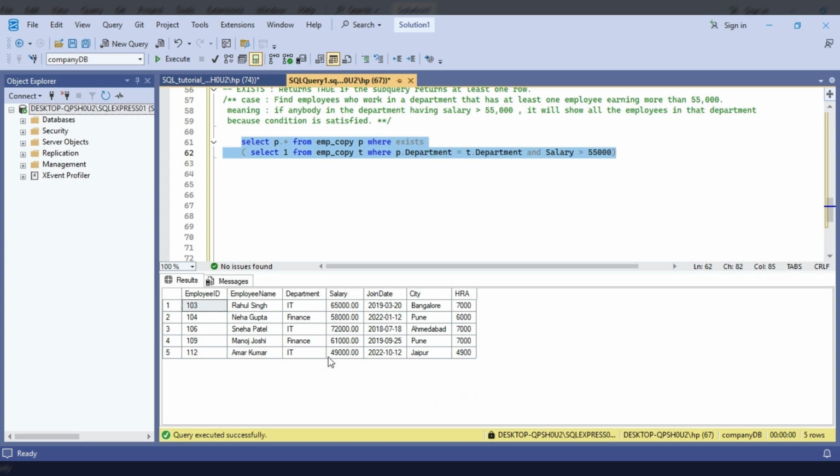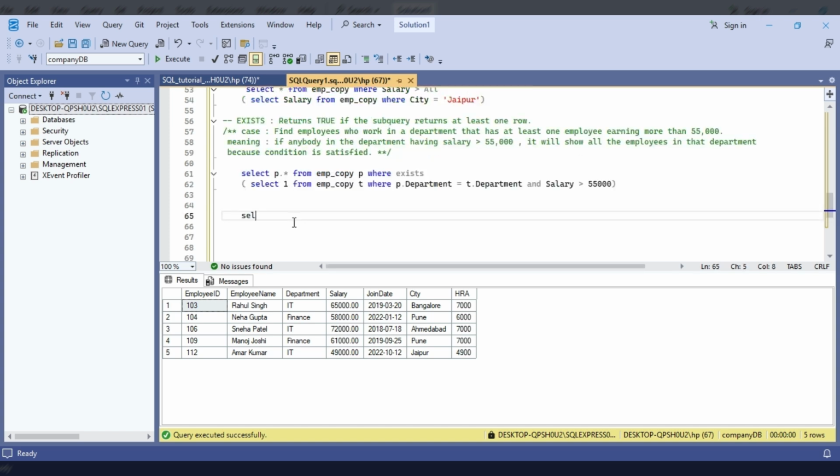So it is giving all the names in that department, because IT has salaries 49,000, 72,000 and 65,000. The condition is true for this one and this one. As the condition is true, it will give all the members of that department.